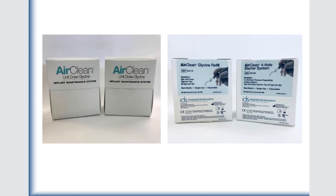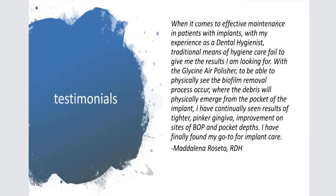As I said, you get a hand vector and 10 units. That's your starter kit, and then it comes in 30 units in a box. Here's some testimonials. We were lucky enough to have some hygienists really raving about the product, and one of the things that I liked the best that this particular Natalina had said, it's definitely a go-to for implant care. And she was explaining to me when I spoke with her that you could actually see the debris coming out